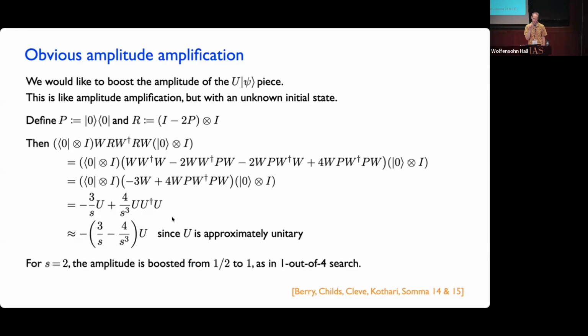And in particular, if we can tune things so that s equals 2, which in the Hamiltonian simulation problem you can do because you can adjust what this s is going to be by taking shorter and shorter evolution times, we can get into a regime where, by tuning things, we can make s actually be, let's say, 2. And if s is 2, then we boost the amplitude from 1/2 all the way to 1.